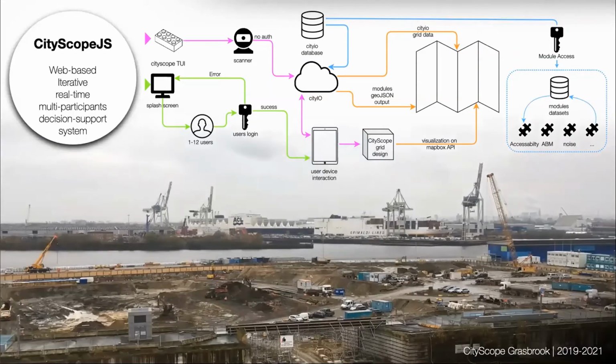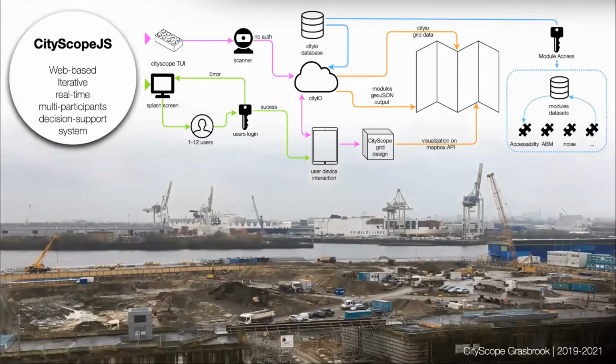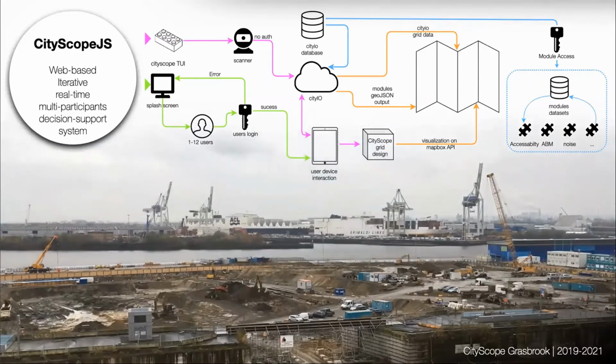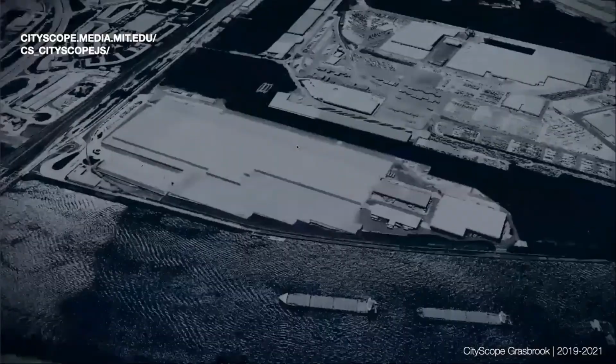So the Cityscope we built here is actually an overhaul of our system. From the ground up, we rebuilt the whole Cityscope platform, and I'm not going to go into the details here. But the idea is, first of all, to go to the web and into a decentralized system that allows us to expand it to whatever is needed to test and evaluate the performance of that site. So just as a sneak peek, and some of you might go to that link and